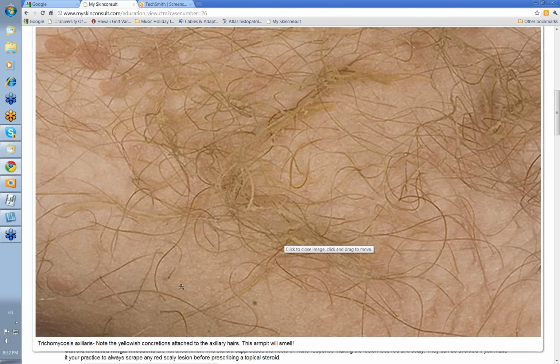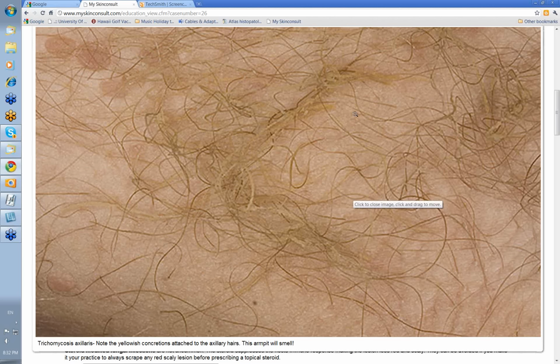Here's another rash that isn't really, well, it's got a name that sounds like a fungus, and it's called trichomycosis axillaris. And it's these little yellow concretions, these sort of yellowish things here, here, and here, that are attached to the hairs, matting these hairs in the axillae together. But this isn't a fungus, it's actually a corynebacterium infection. And so